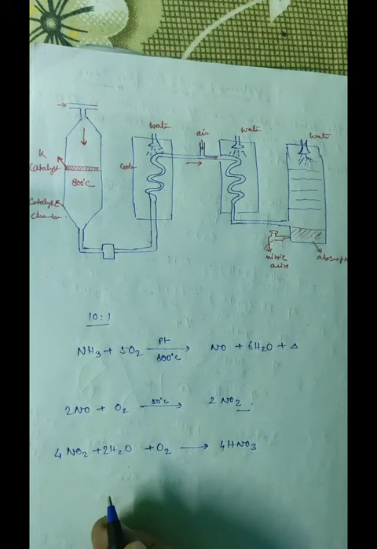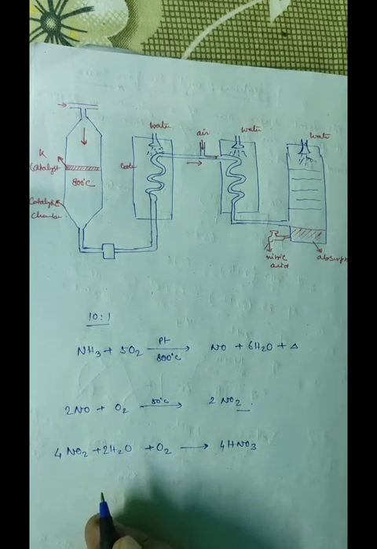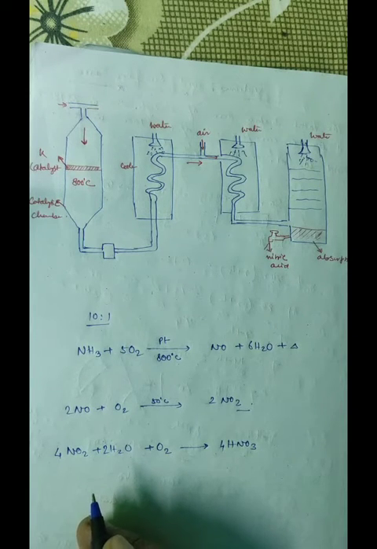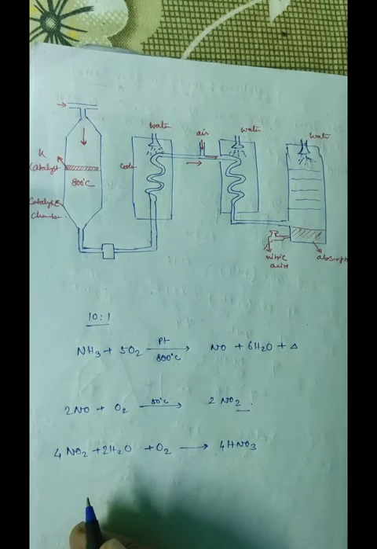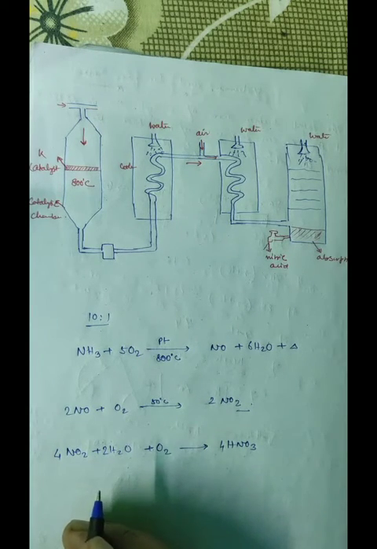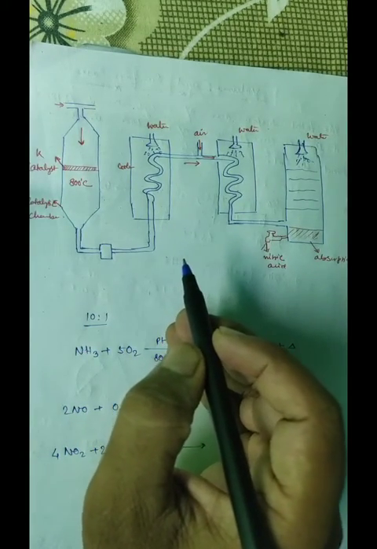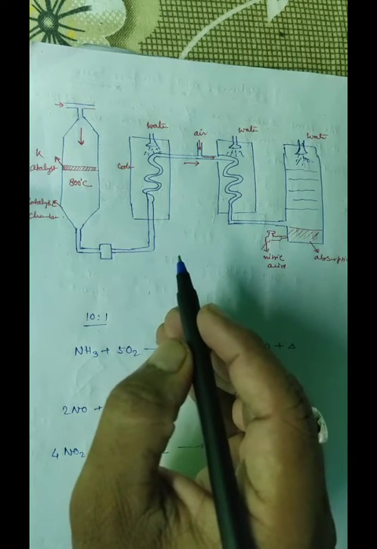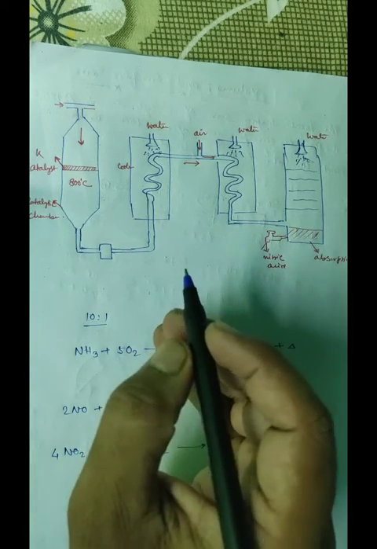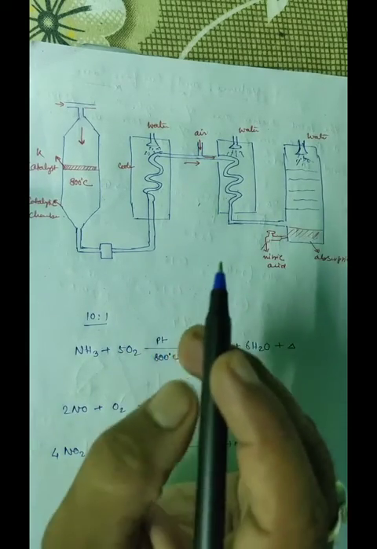Now, concentration of nitric acid. Nitric acid up to 98%, fuming nitric acid, is obtained by distilling 68% nitric acid over concentrated sulfuric acid. Pure 100% nitric acid is obtained by cooling 98% acid, when colorless crystals of pure nitric acid separate at minus 42 degrees centigrade. In the manufacture of nitric acid, a higher ratio of air is used because oxygen is only one-fifth of air and is required in all three chambers.